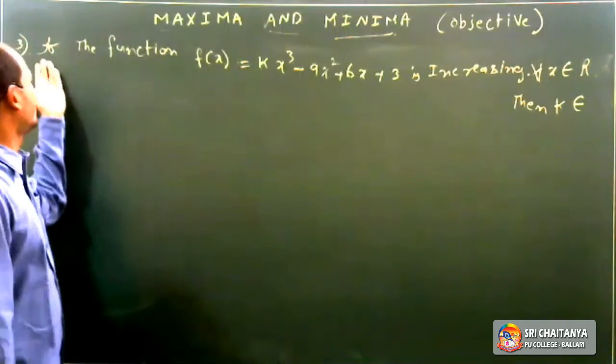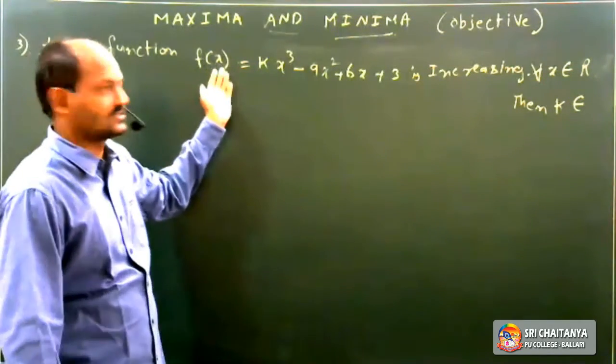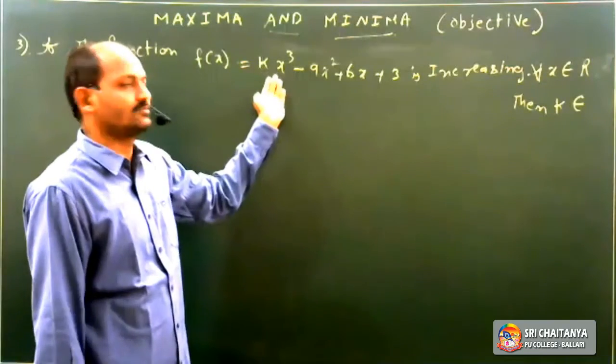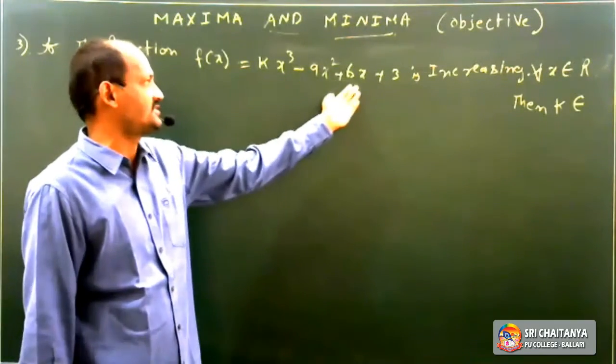Okay? Yes. If the function f of x is equal to kx power 3 minus 9x square plus 6x plus